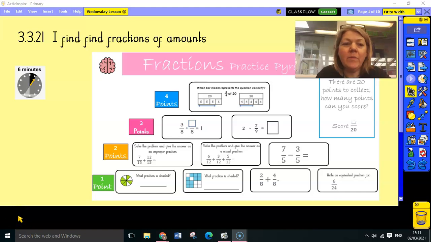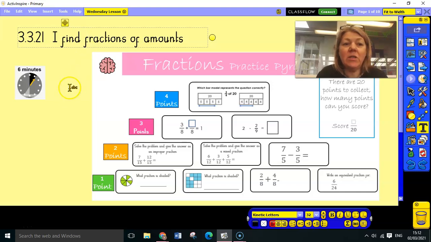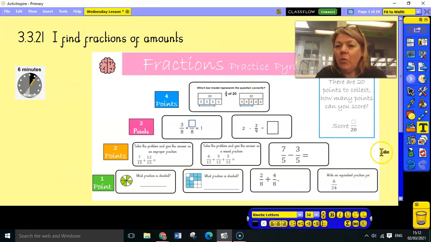Hello Year 4, welcome to your maths lesson for today. Today we're moving on from our addition and subtraction of fractions. Oh look, I've got an oops moment, I've written "find" twice. Today we're going to be finding fractions of amounts,